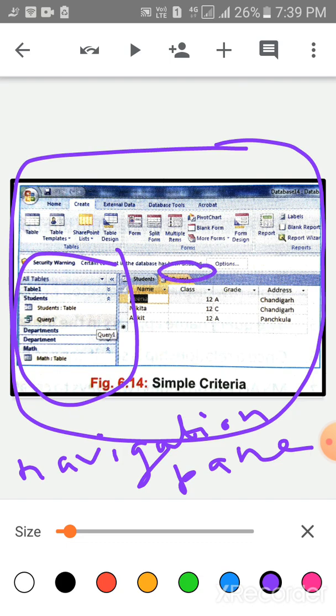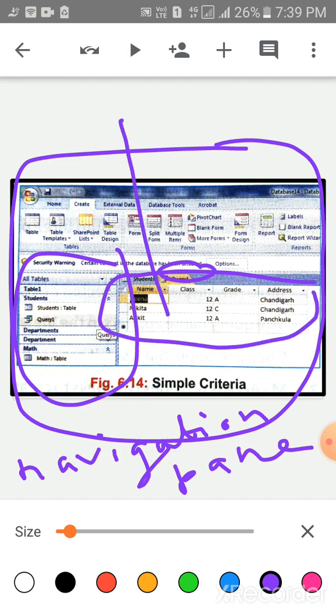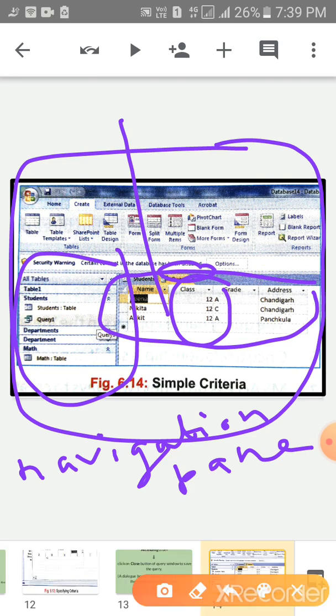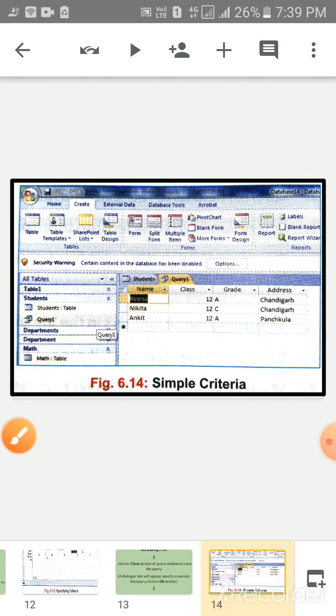This record will display. Okay, class 12th, only class 12th records it will show. So we have selected the criteria is equal to 12, then it will show the class 12th records.